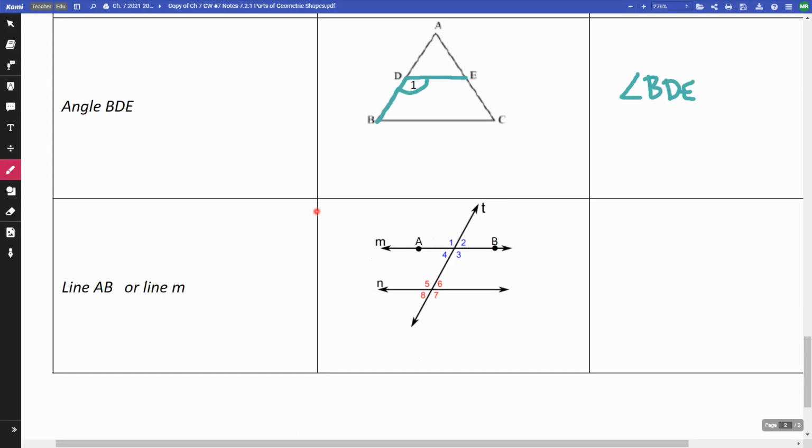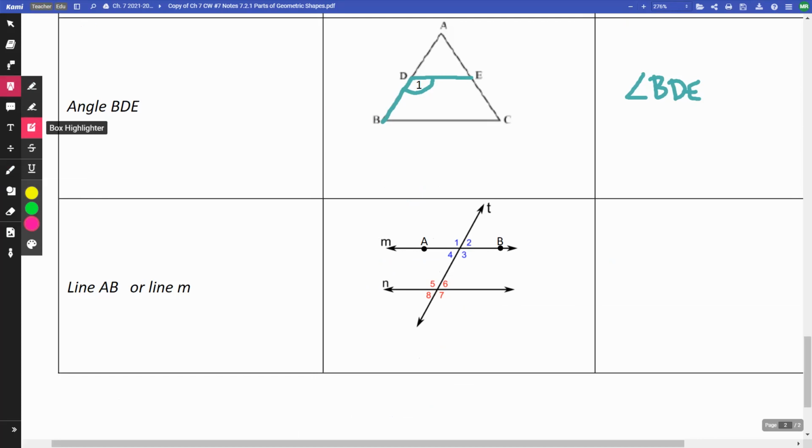And then this last one, line AB or line M. So we have this line segment here, right here, this line segment. And so that line segment, let me do not so fat. So this line segment right here, or this line, I should say right here, I can call it 2 different things. I can call this one line